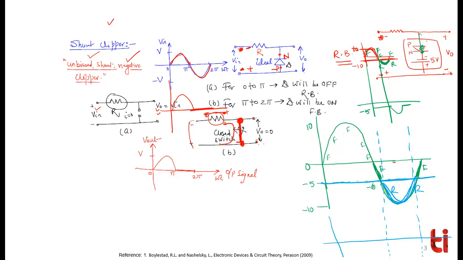Okay. What does it mean? It means within these 2 lines, the diode is in reverse bias, and in the rest of the wave, the diode is in forward bias. When the diode is in forward bias, this becomes a short. What is the output? Output is minus 5 volt, because along this line there is a minus 5 volt battery, so that becomes the output. So when the diode is in forward bias, draw minus 5 volt.